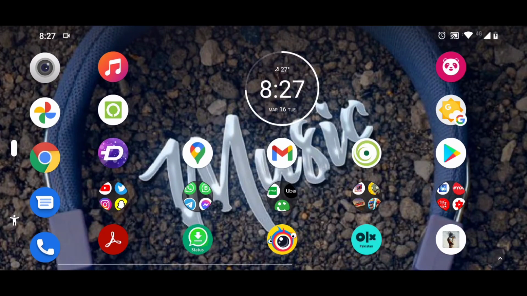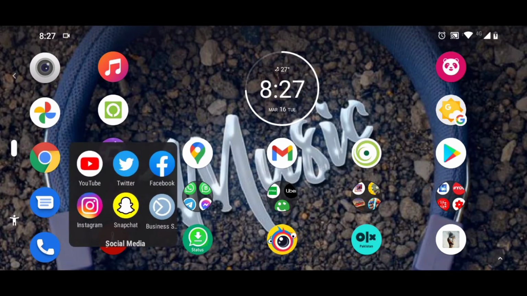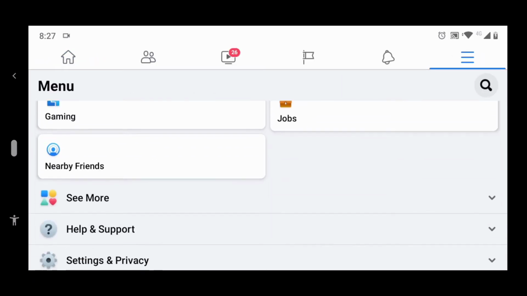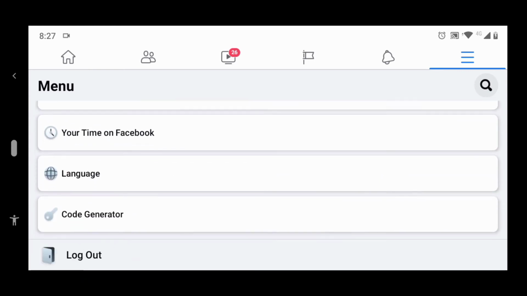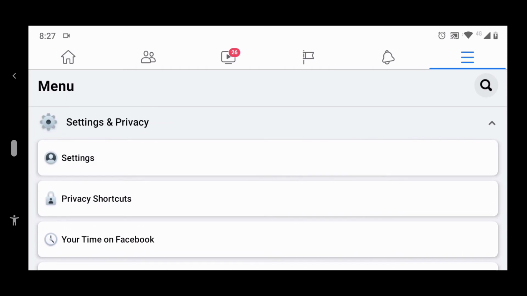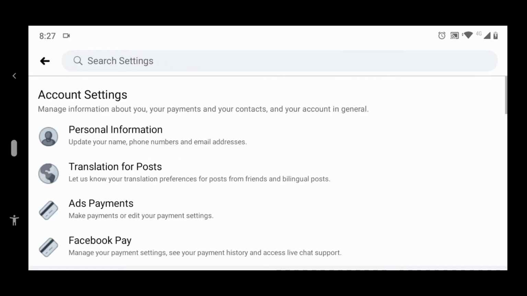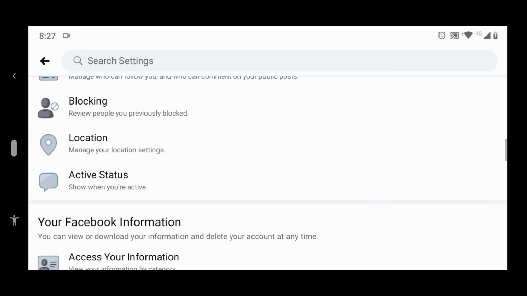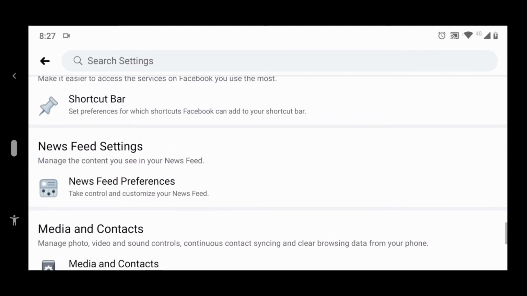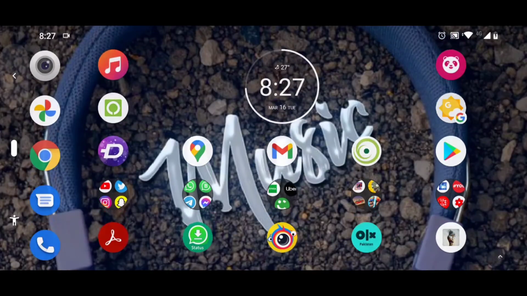So guys, the first way of enabling the dark mode in the Facebook application is only for below Android 9 versions, not above that, nor Android 9. It's just for Android 7 or 8. Look on your screen, you can see this option, settings and privacy, in the corner bar. Here you will find the dark mode option. If you don't find it, then you can see the settings options. You just have to search in the settings for dark mode and you will automatically find it. As I am using Android 9, I will not find it.